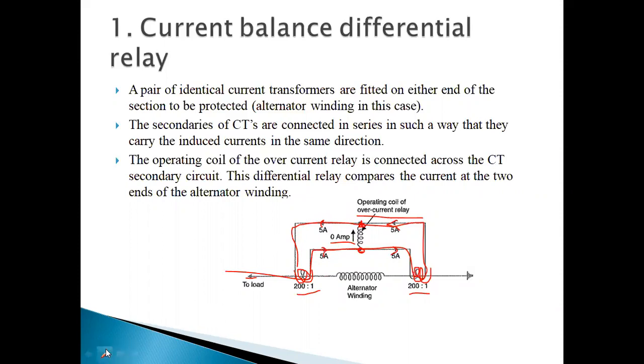You will study in power systems that the sum of algebraic currents from each phase or each coil, that is, suppose R phase current IR plus Y phase current IY plus B phase current IB, the sum of all the currents is equal to 0 when there is no earth leakage. Okay, so now concentrate once again.